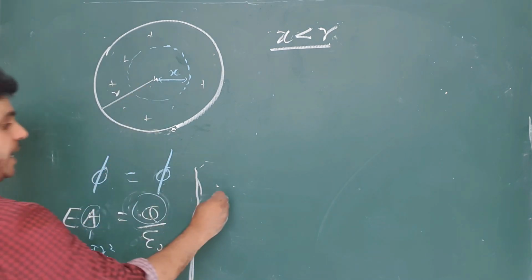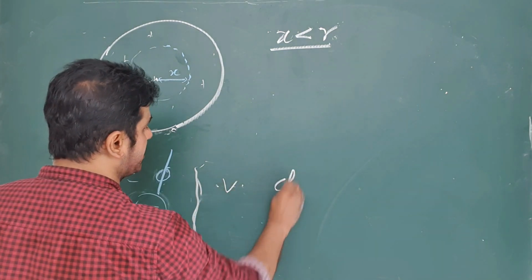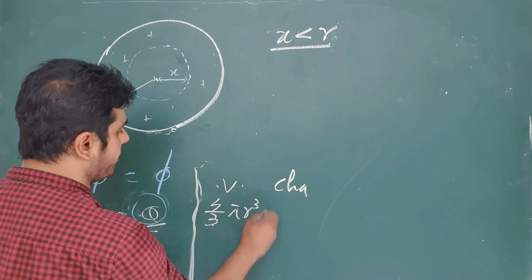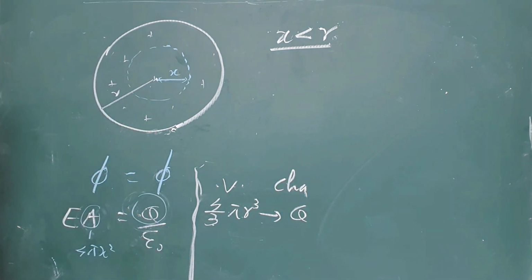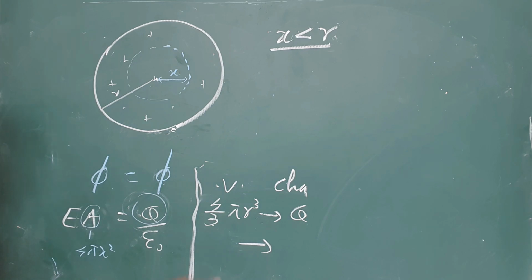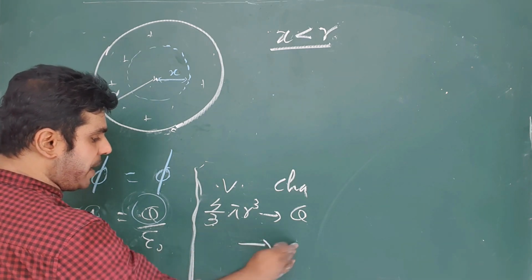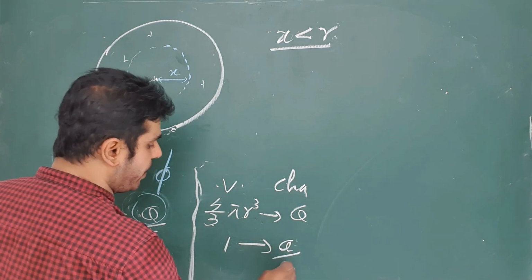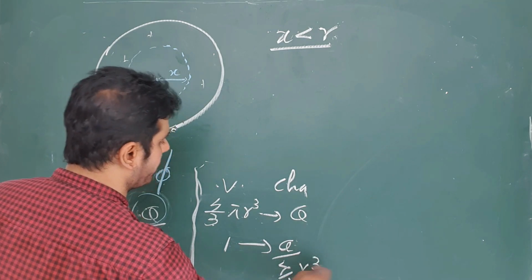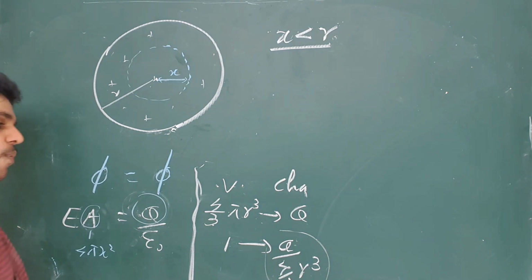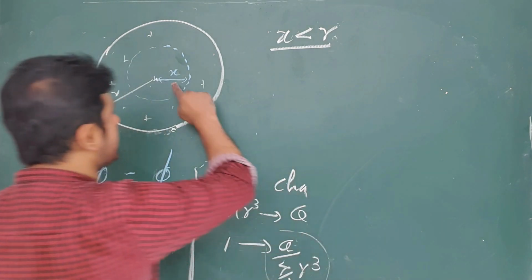Now this is charge Q. Now Q lies in the volume, the volume is 4 over 3 pi r cube, and the charge is Q. Now this is the relevant volume of Q. Now we will find charge per unit volume. You divide Q by 4 over 3 pi r cube. Now this is the charge per unit volume. That is okay. Now we can multiply by the necessary volume.